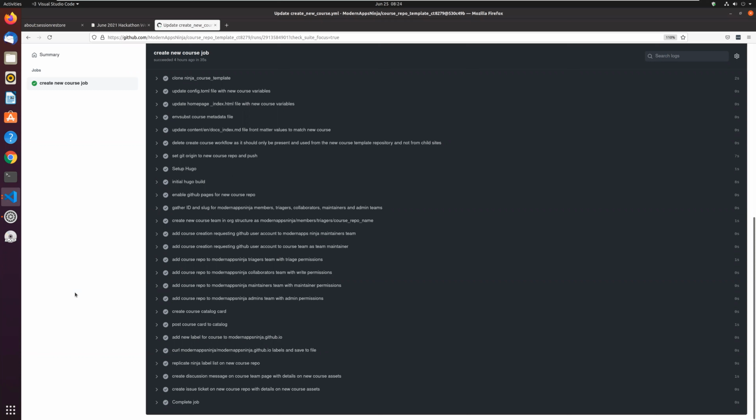But the default setting is that if somebody is a triager on one course, they have the same permission to have that triage level of permission on any course, and likewise with contributor and maintainer. And that also ties into some additional permissions that we have in our policy there. That may not be 100% fully implemented yet, depending on where you look.